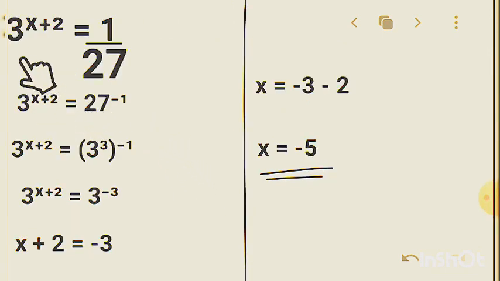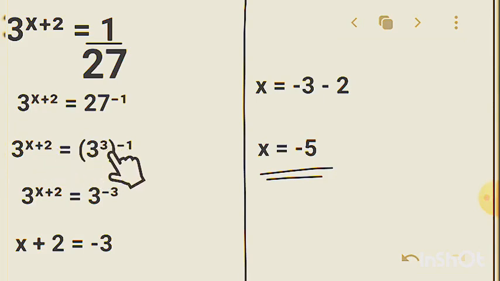Now we have 3 raised to the power x plus 2 is equal to 1 over 27. We want to find the value of x. So remember, 1 over any number is the inverse of that number. So 1 over 27 is the same thing as 27 raised to the power minus 1. 27, we look for a common base, a common factor, the least common factor of 3 and 27, which is 3. Now 3 raised to the power x plus 2 is equal to